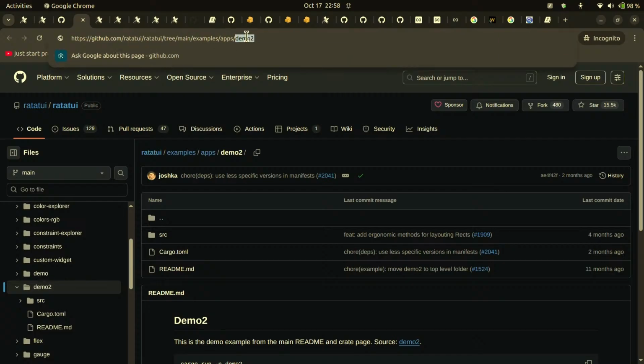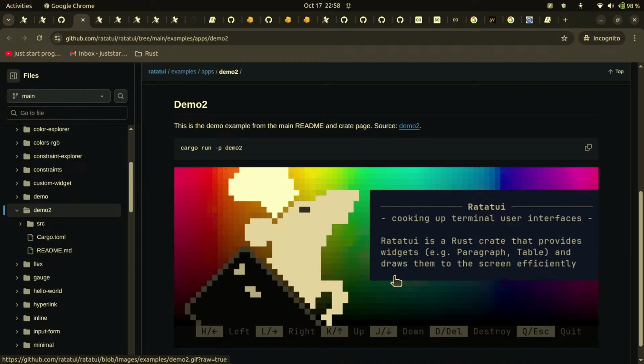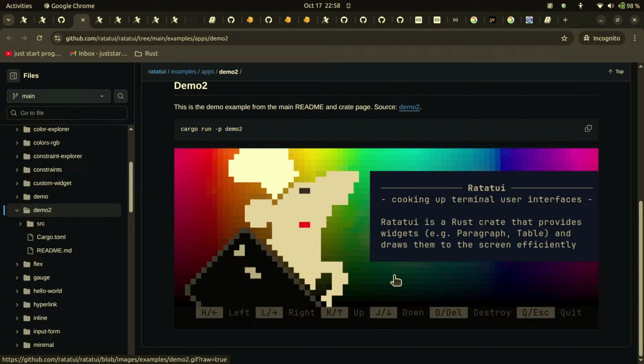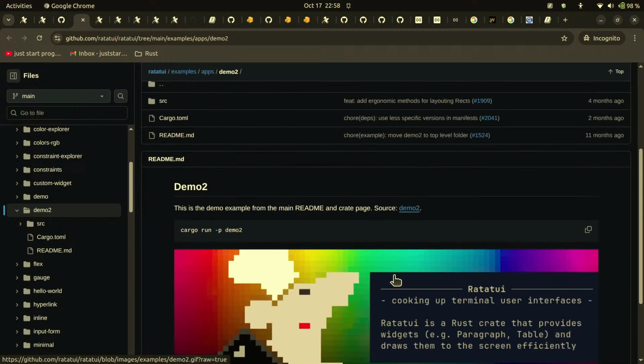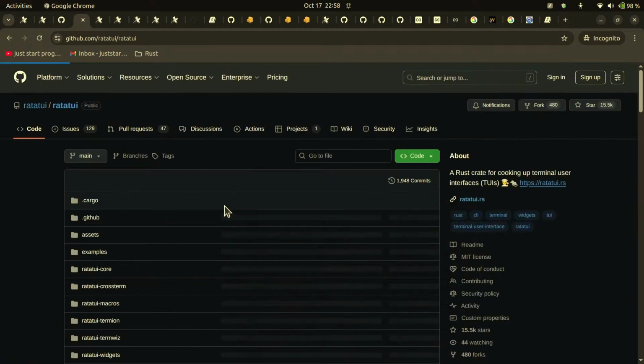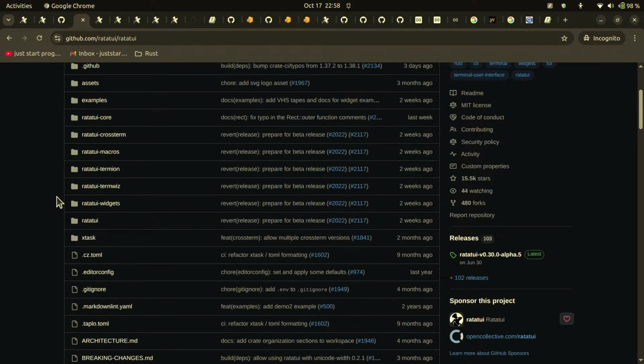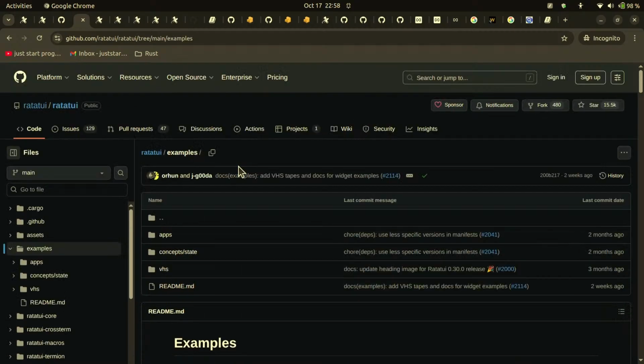Examples, apps, demo 2. Do we get this one? Maybe from Ratatouille. Then examples. Okay,